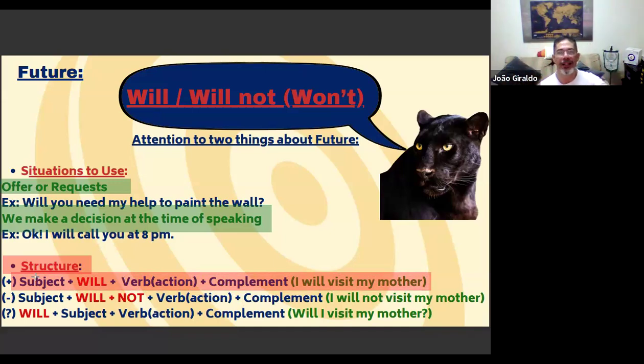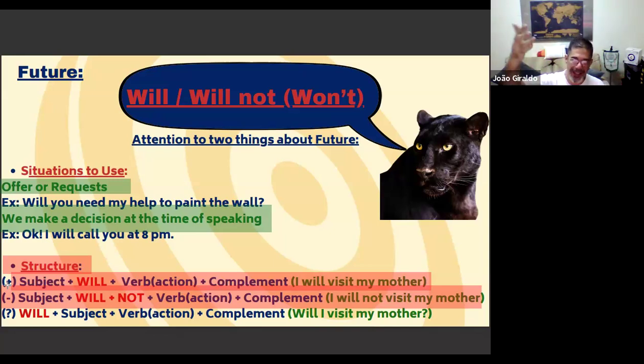So, I will visit my mother tomorrow. Okay. I will play soccer later tonight. So I just decide and I am informing that the sentence is in the future. To make your sentence in the negative form is the same thing, but now equal structure of the verb to be. In affirmative, you use verb to be. In negative, you use verb to be and not. With will in the future, equal structure.